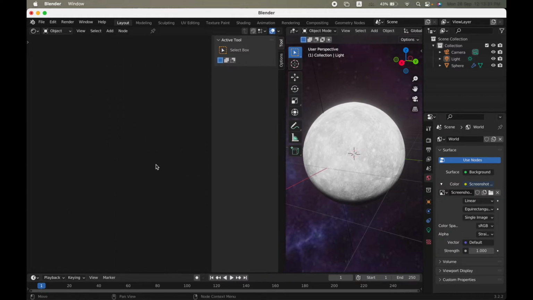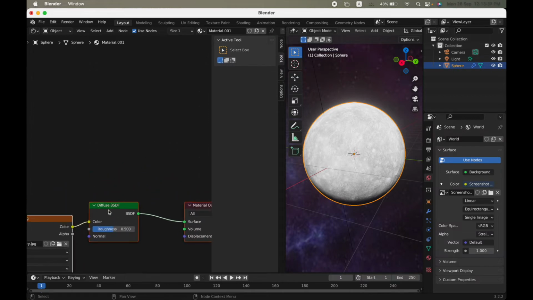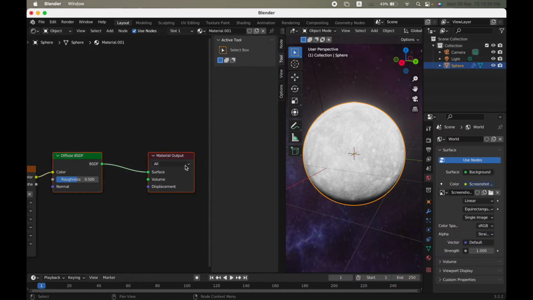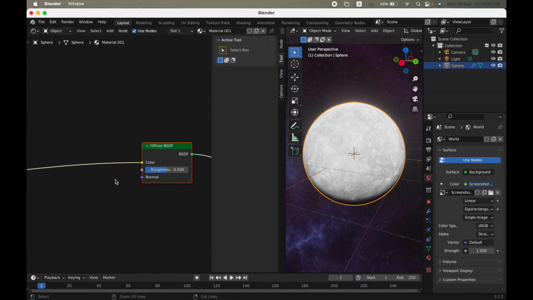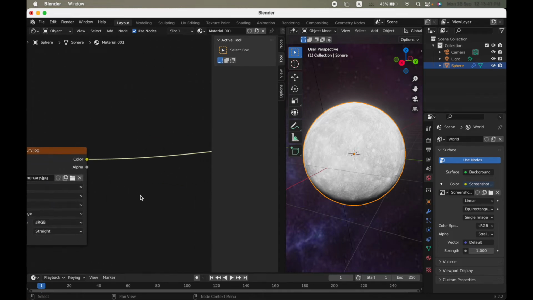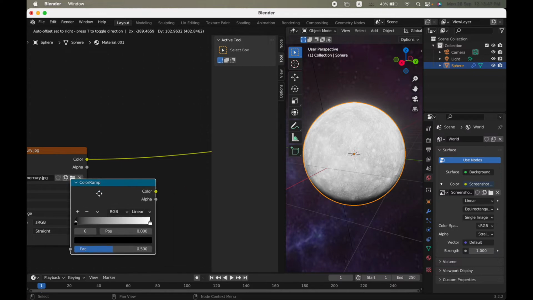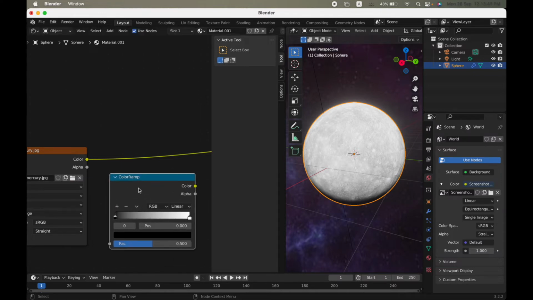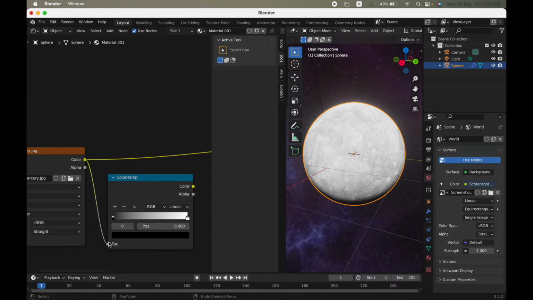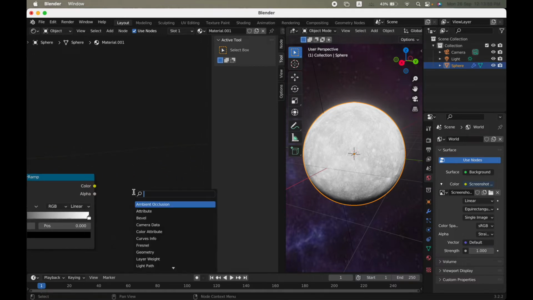and then if you go out, you have to just select this. And now what you have to do is just basically get this little out. But now you need a color ramp node. Then just put the color into the factor and then click shift A and then select